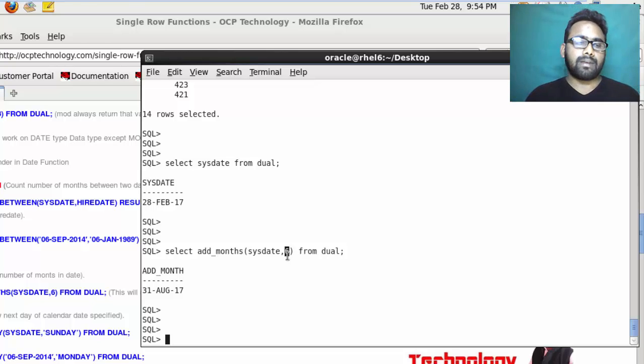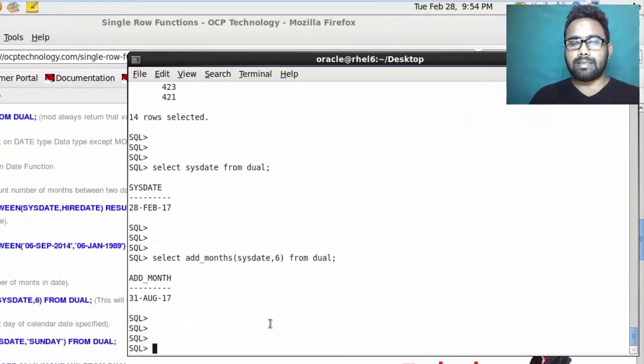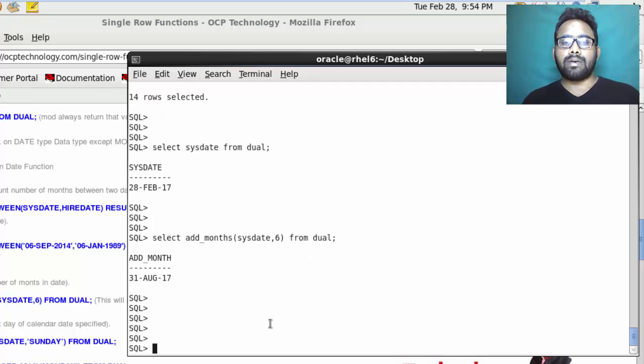Next function is next day. What is next day? Next day shows the next day of the calendar date specified. Basically, that function will show the next day of the date which you specify here. So next_day(sysdate, 'Sunday').